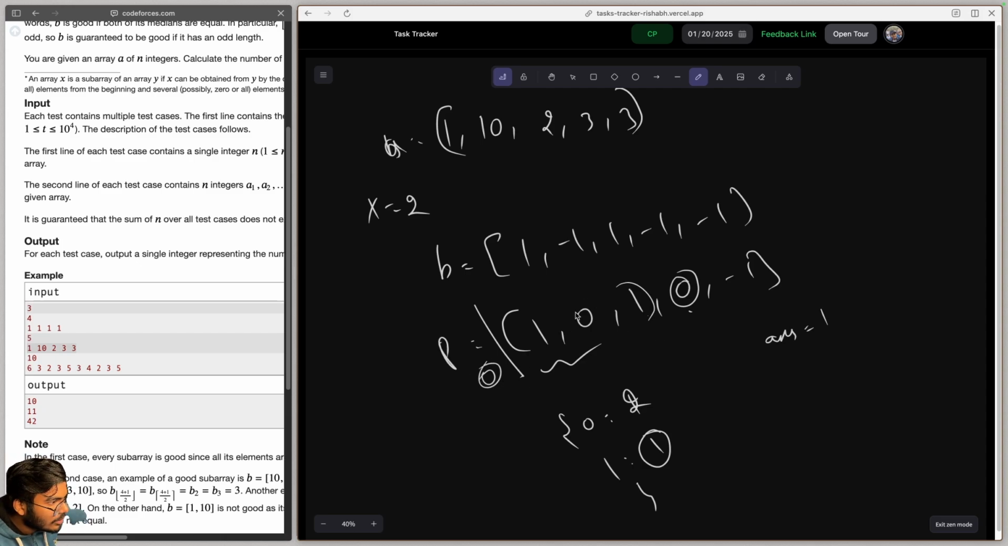And here is also a 0, so the count of 0 should be 2, not 1. That was my mistake. Okay, so when I reach here I should count 2. So answer plus equals 2. And for minus 1 I can't find a minus 1 till now, so for 2 it will give me 3 bad subarrays,